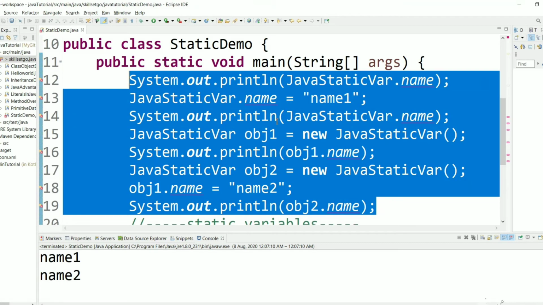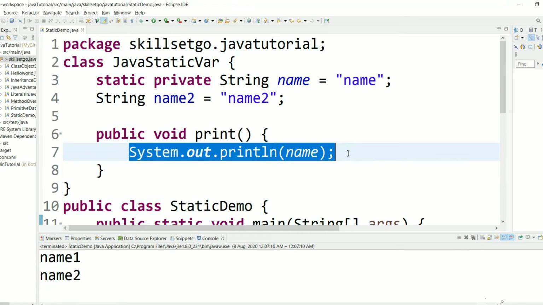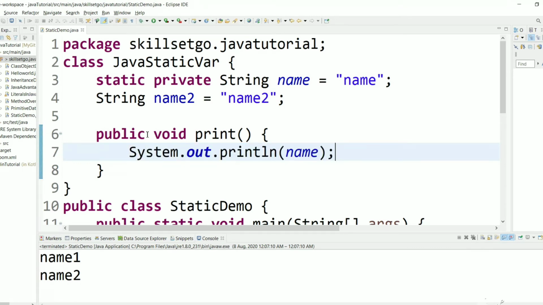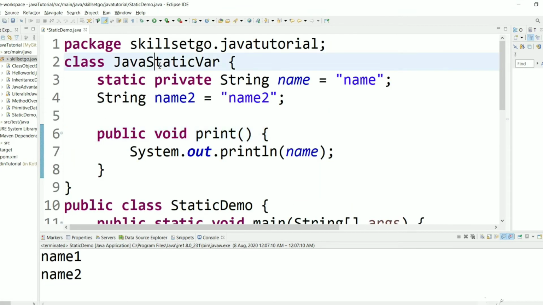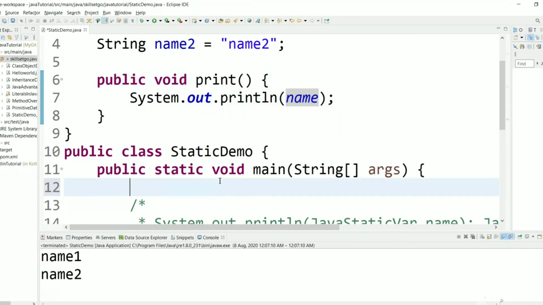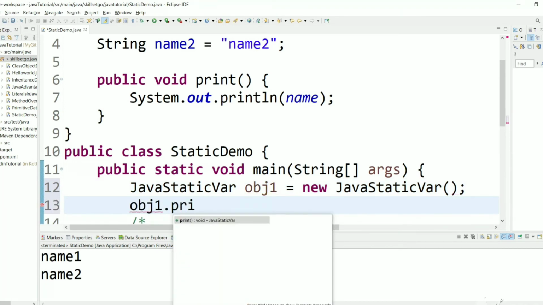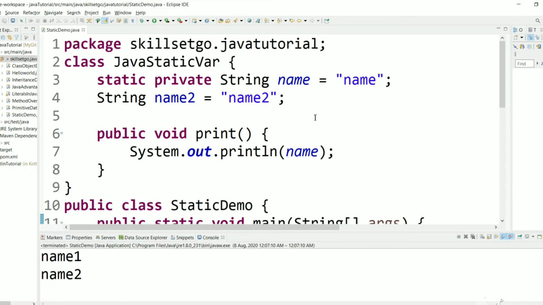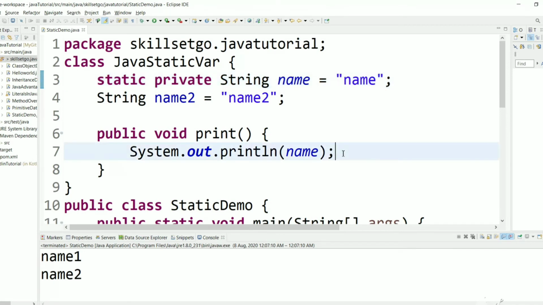The same thing can be done inside the class in a method, and this method can be accessed from outside the class because it is public. Let's create an object of JavaStaticVar and access this function so that this variable can be in the output. Object1 equal to new object, and we can access print, and now we will get this value, and we can also change the value inside this function.